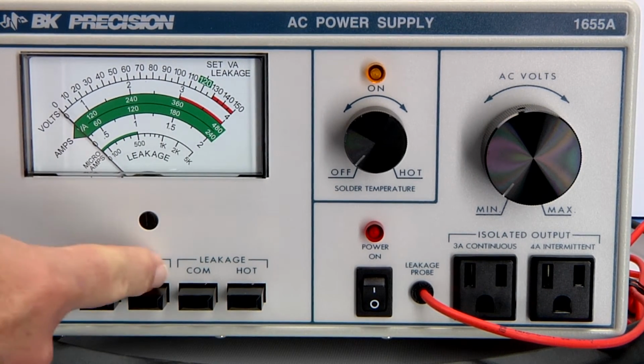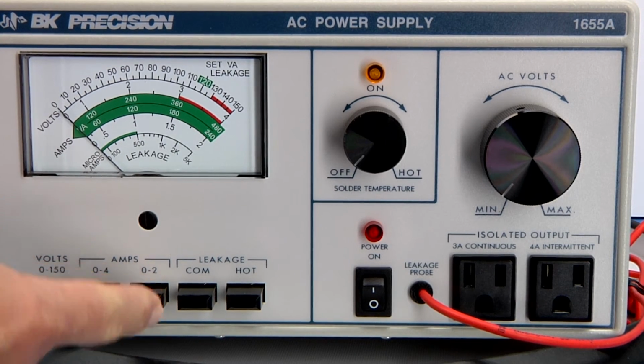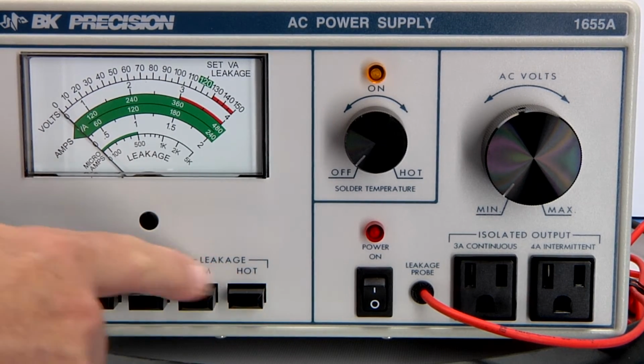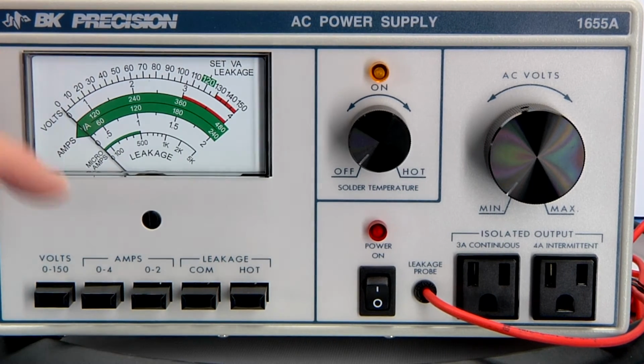You have two amp ranges, 0 to 4 amps and 0 to 2 amps. Then you have leakage testing between common or between hot. Again, I'll explain these later and give a demonstration. It does have a mechanical 0, and it looks pretty good. Again, the camera might not be showing it quite right because of parallax and stuff, but it looks pretty